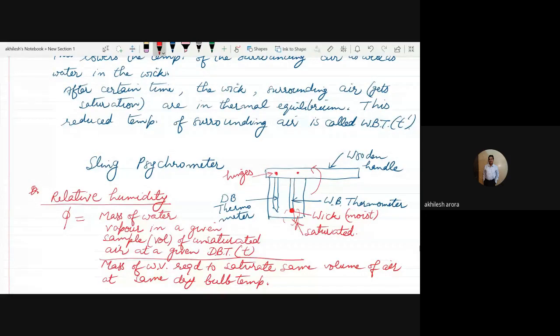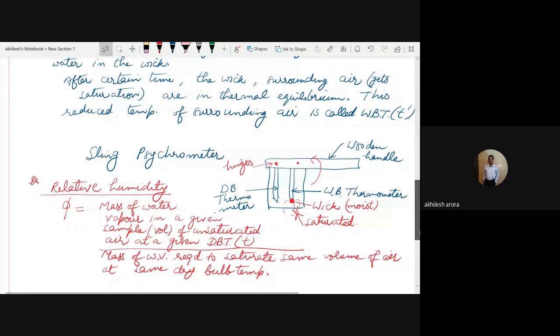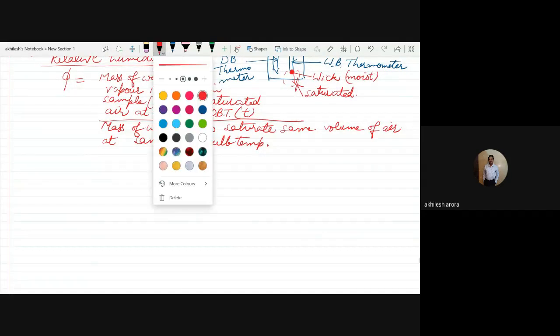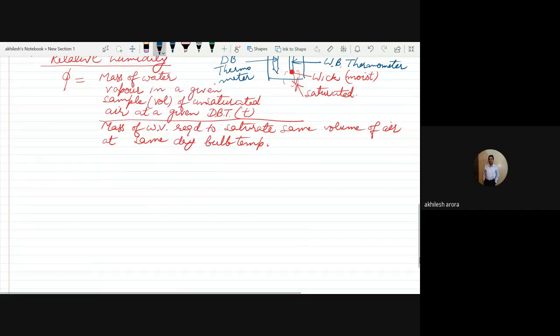Okay, so this is the definition of phi. I will tell you what it actually is and how to calculate it. I can say that this phi is given by mv divided by ms. Now this mv is mass of water vapor in the sample of unsaturated air at a